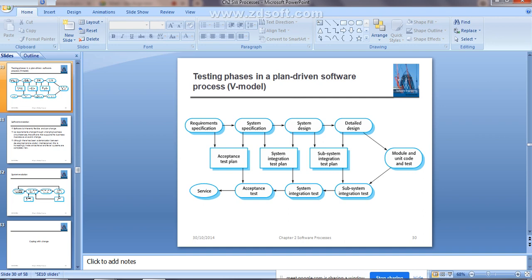If you finish the detailed design, you can do the module or unit code test. Like this, different kinds of testing you can do with different phases. But mainly we have studied three types of testing: component, system, and the third one, the customer or acceptance testing.